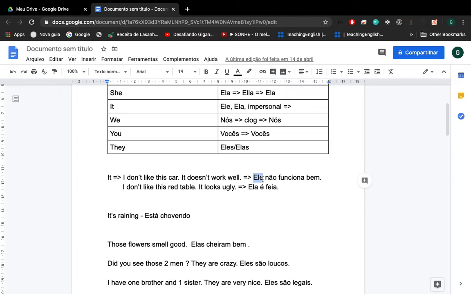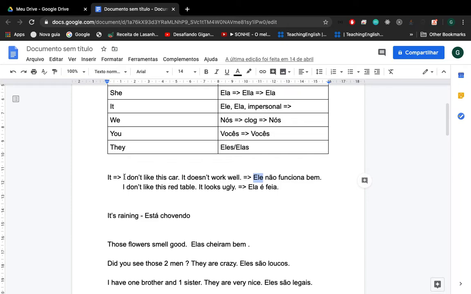So again, George, how are you going to be able to tell if the object or thing is male or female? Guys, there's no rule that can help you learn this, because it's something applied to some languages. So you're going to have to become used to it. And how can you become used to something? Practicing that thing. We're going to be practicing these things throughout the whole series of videos we're going to be making. So don't worry about it now, just learn the principle here.